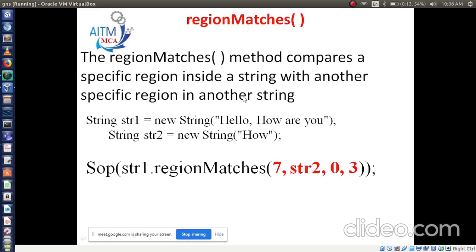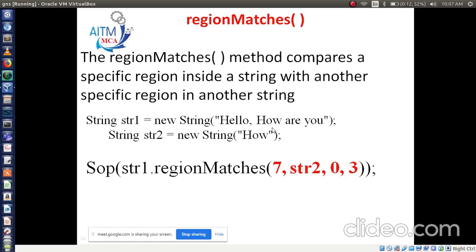We have two strings, str1 and str2. "Hello, how are you?" belongs to str1, and "how" belongs to str2. Here we are comparing the strings. H, O, W are present in this string. So it is called regionMatches.